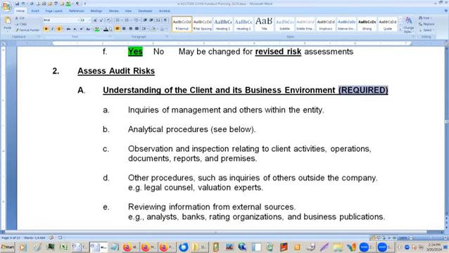You are required to get an understanding of the client, of how they do business and of the business that they're in. A company that grows flowers will have different risks than a company that sells fireworks, so what their business is also very important. So getting an understanding of the client and what kind of business they're in is important so that you can understand what the risks are.